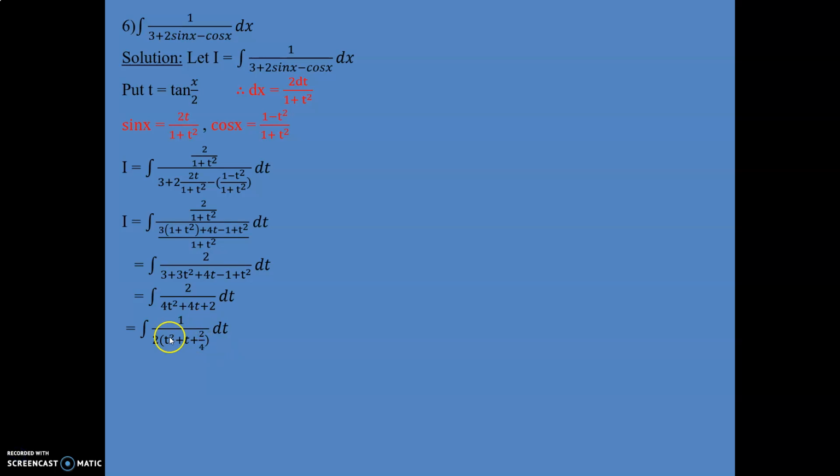So we can take this 2 outside, 4 outside actually, and we will cancel this 2 and this 4, that is 1 upon 2 into t square plus t plus 2 upon 4. Now this term will become 1 upon t square plus t plus 1 upon, this can be written as 1 upon 2 if you want, and we can take this 2 outside of this, that is 1 upon 2 integral 1 upon t square plus t plus 2 upon 4 dt, and we have to take here a value is 1 and b is equal to 1 and c is equal to 2 upon 4.